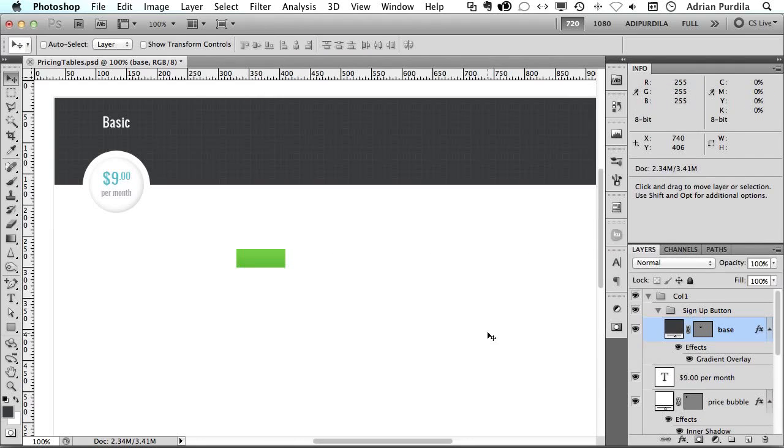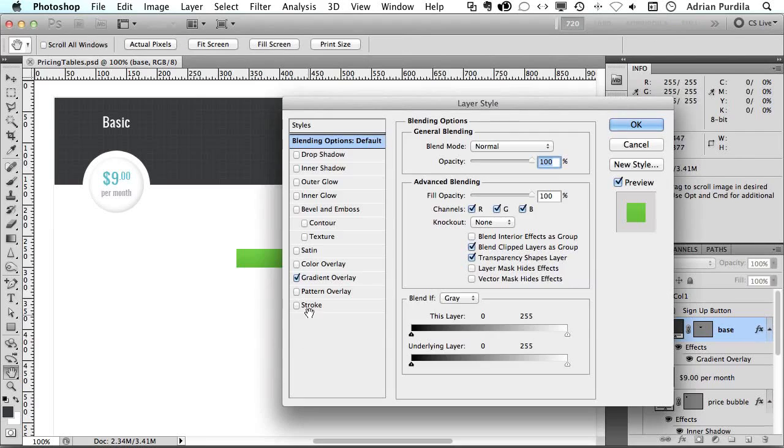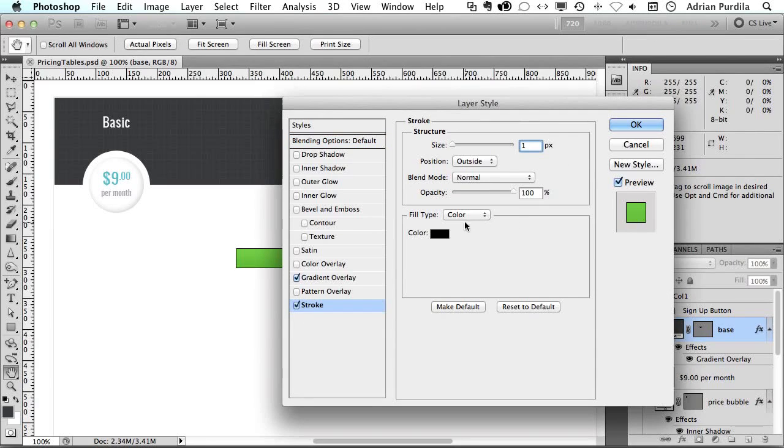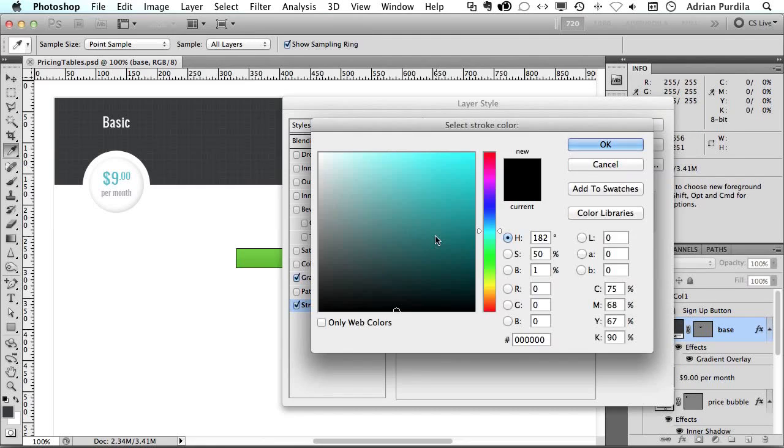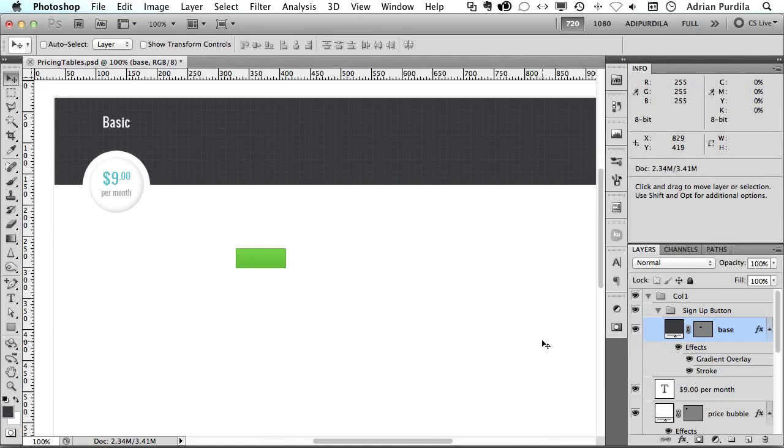Okay, that's good. And let's not forget about the stroke. 1 pixel stroke, and the color is kind of a darker green. So let's start from our top color and just work our way down just a tiny bit to something like this, 58B028. Okay, so this is our base,